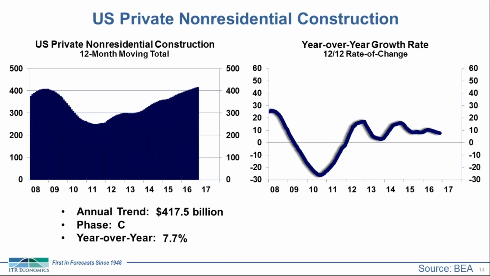Here we have U.S. private non-residential construction. It's a leading indicator for the copper industry that's taking a very similar trend characteristic. It's stayed out of recession over the past 2 business cycles and likely will do so as economic activity picks up moving into 2017 and 2018, but it is still in that phase C slower growth trend. We expect that transition to occur by mid-2017, which will drive further accelerating growth within the copper markets.